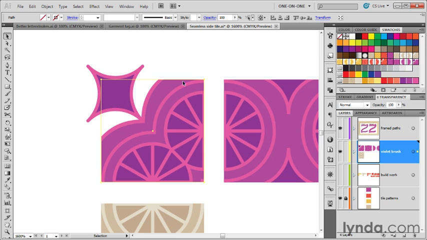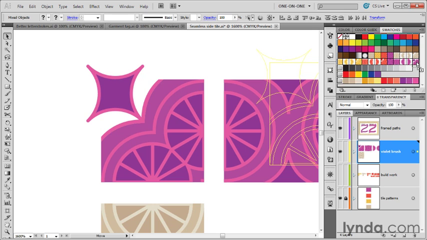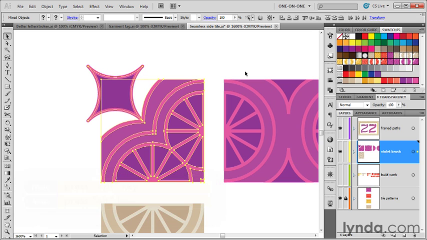So go ahead and make sure that that invisible square is selected if you're working along with me. Then shift click on the other objects in order to select them so that both the group and the invisible square are selected. Now drag the selection into the swatches panel onto that violet corner tile. Press the Alt key or the Option key on the Mac and drop in order to replace that tile pattern